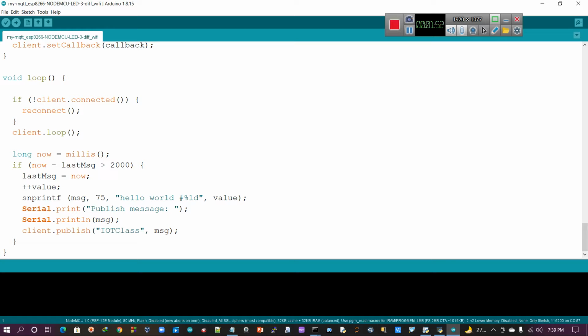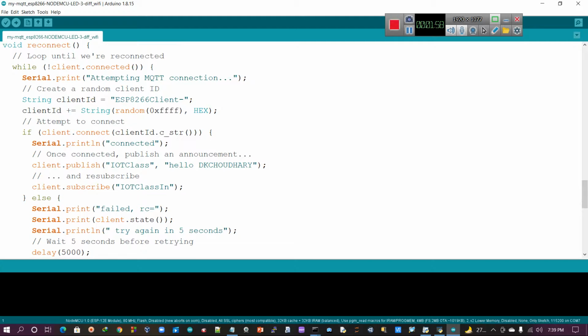It's the same concept: publishing messages on the IoT class topic, and it also has another topic, IoT class scene. This NodeMCU is also a subscriber and also a publisher, but most of the time it is the publisher, publishing some message.